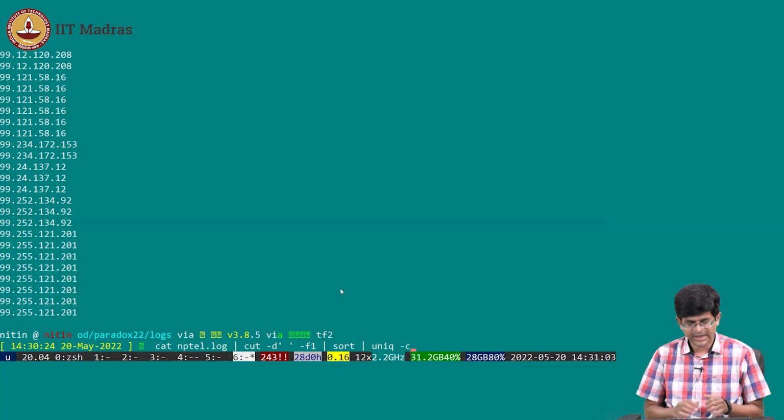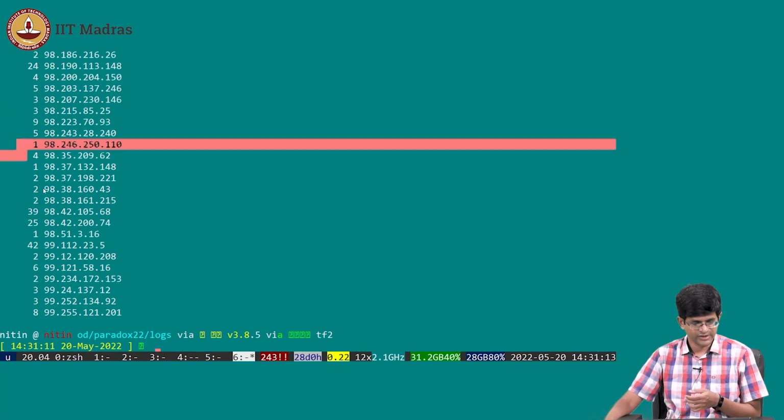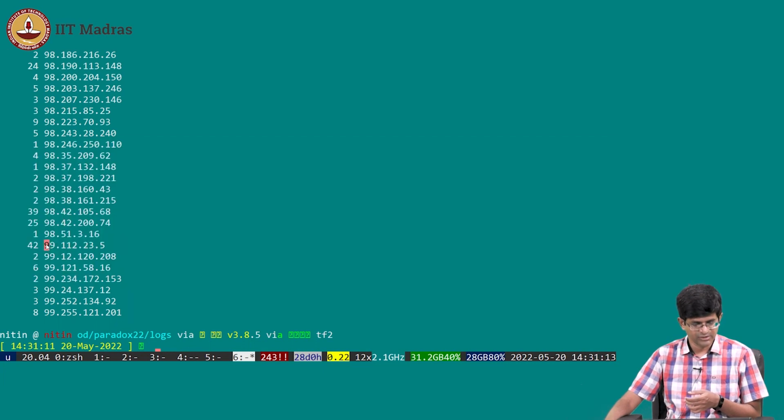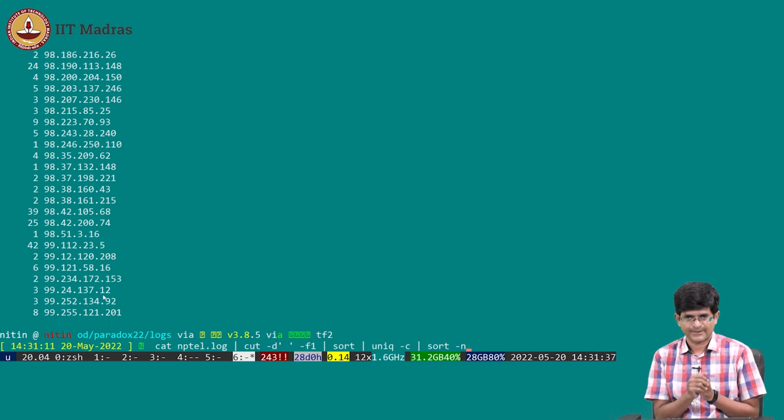So unique takes a flag -c, which will actually tell you how many times it printed, okay. Right, this looks a lot better, right. I do this and now it's showing me all of these entries out here. This IP, for example, right, had 42 hits, this last one had 8 hits and so on, okay. Can I clean it up a little further? Sure, put it through sort once again, right. But now sort -n, meaning that treat these values as numbers and sort them rather than as strings, okay. What happens when I sort like this?